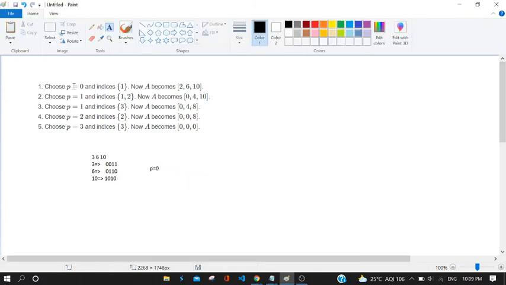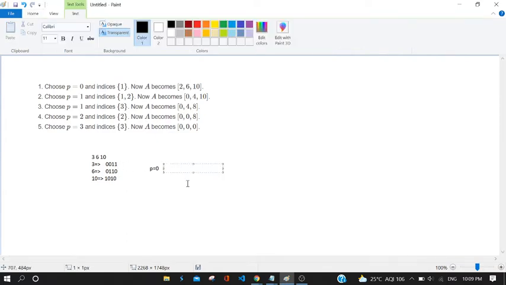Because they have stated it from here only, p equals to 0. If you take p equals to 0, then you will simply XOR with this. So 1 and 1 will cancel each other, because 2 to the power 0 will always give 1, and we know that 1 XOR 1 will always give 0 itself, right?